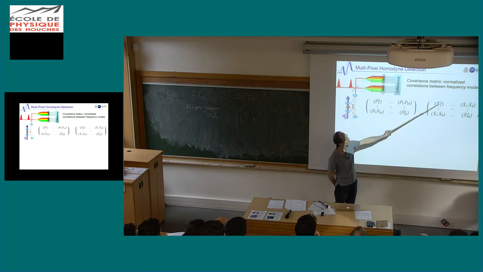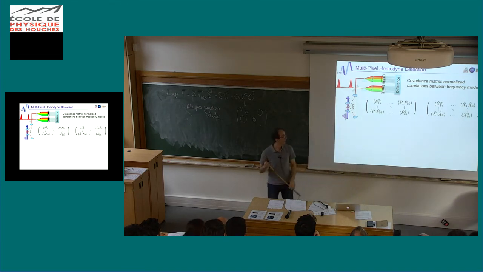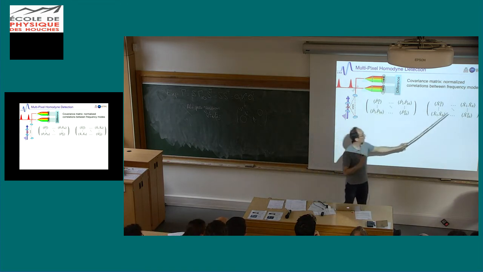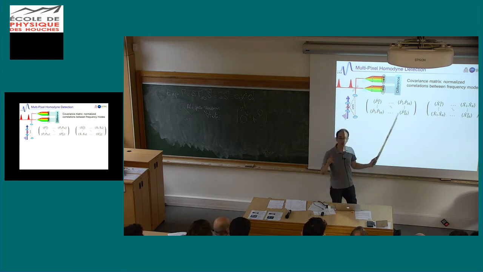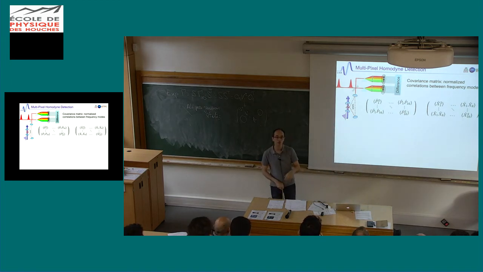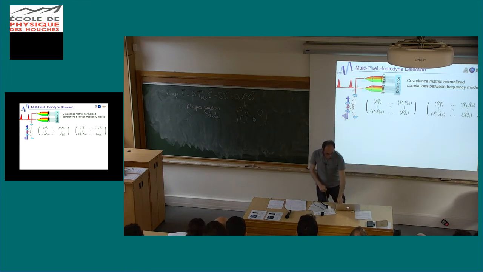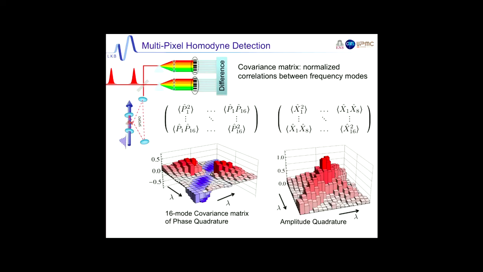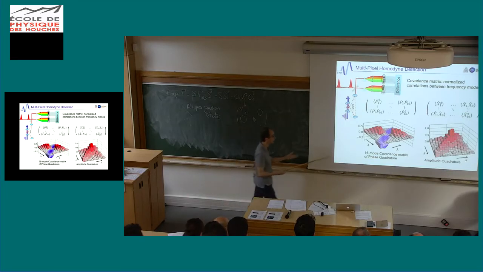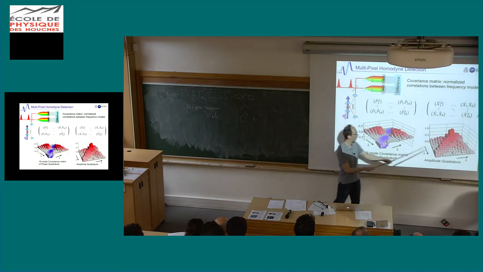Sorry, this is the old notation. It's Q and P; I kept the X and P notation. You have both. We measure the amplitude quadrature and the phase quadrature covariance matrix. We don't measure the correlation between the two. Well, in fact we do, but parametric down conversion, when the pump is real, doesn't generate any correlation between X and P quadratures, so the other terms of the covariance matrix are 0. So this is the experimentally measured covariance matrices for the phase quadrature and the amplitude quadrature.